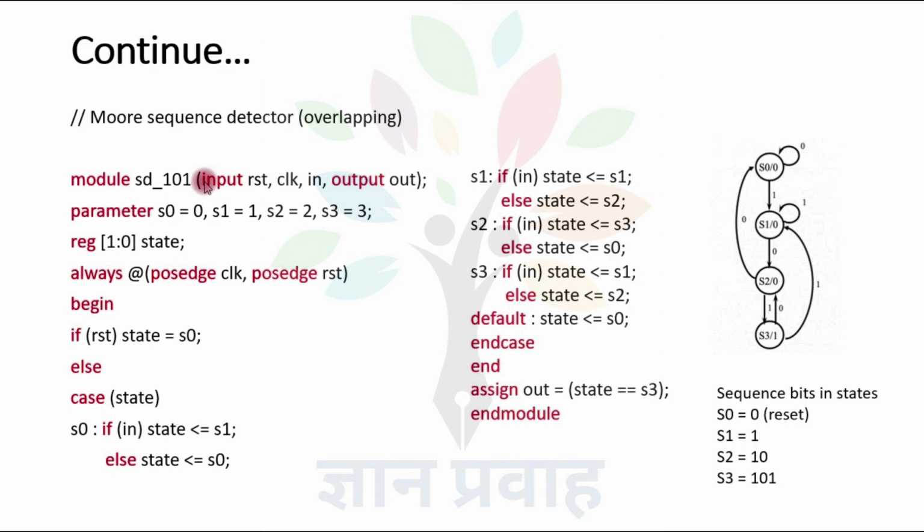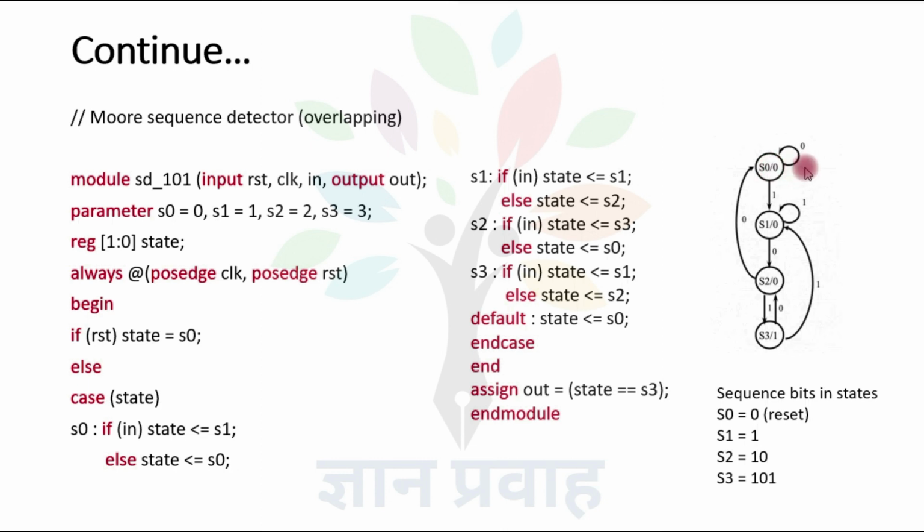In case of sequence detection, there are three inputs: the input string, that is in, and two flip-flop input signals, reset and clock. So here inputs are reset and clock for the flip-flop and one for transition combinational logic, and one output for output logic, and that is out here. In case of Moore machine, there are four states, S0, S1, S2, S3. So we can represent these four states using 2 bits. So we require two flip-flops here.